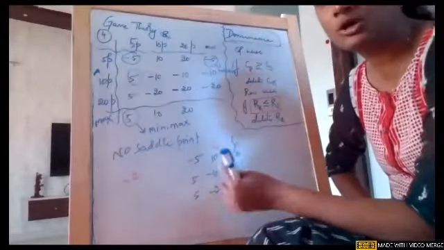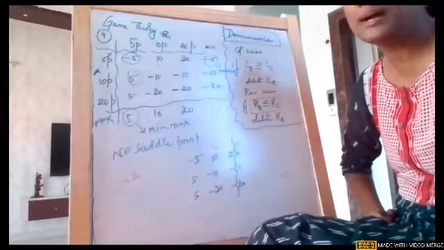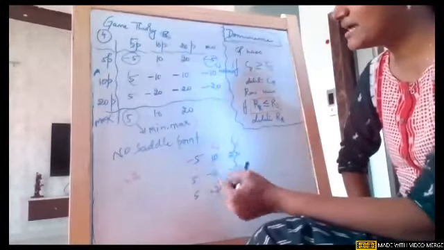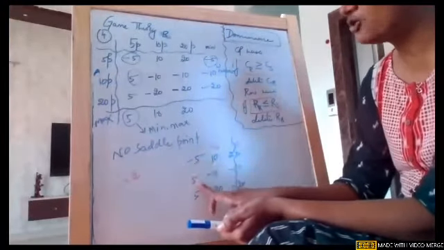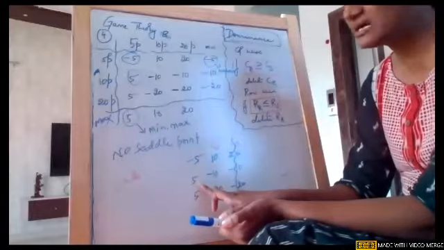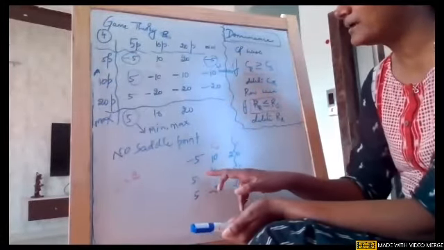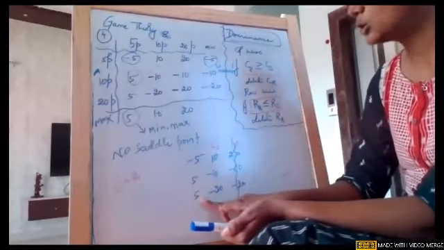I can't reduce more columns because I have only 2 columns remaining. In a 2 by 2 matrix, 2 columns and 2 rows are compulsory. So now row wise, if we see, -5 is less than 5. First row and second row I am comparing, girls. -5 is less than 5 and 10 is greater than -10. So it's not applied. Compare first column, first row and third row.